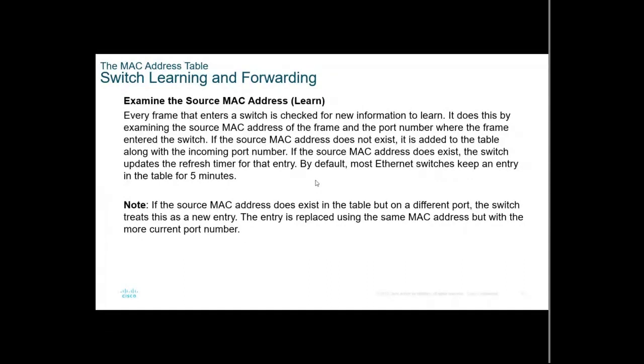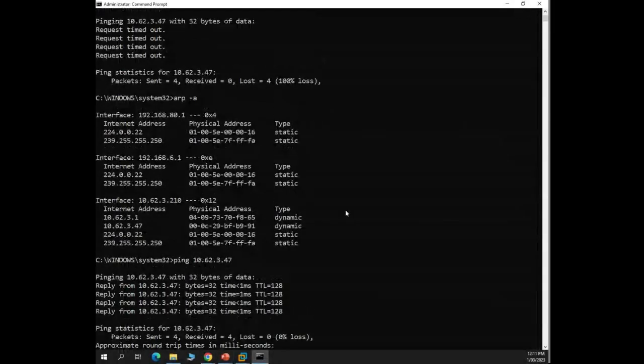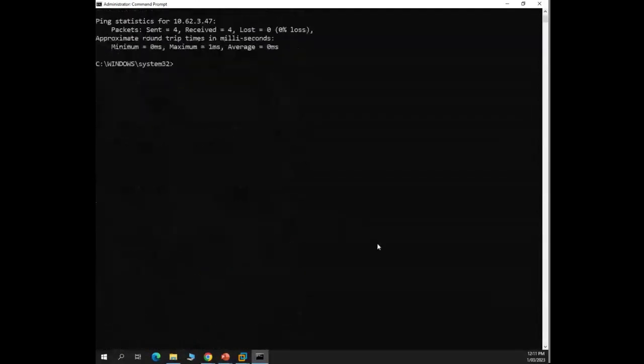You may notice that my computer here has a blue cable. That's an Ethernet cable, and it's plugged into the wall and going back somewhere to a switch. Now, if you remember, I've got a MAC address, don't I? I have a MAC address on my